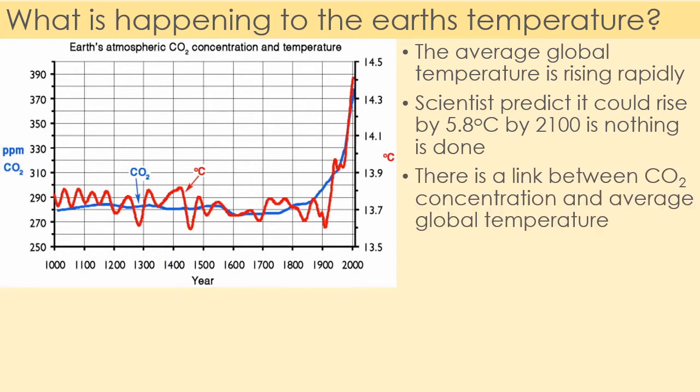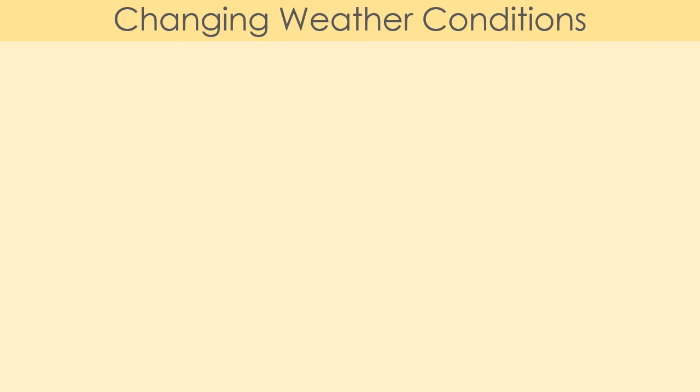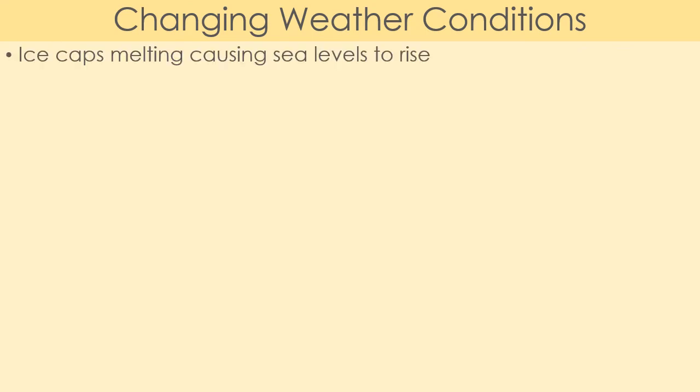And there is a link between carbon dioxide concentration and average global temperature. And we're pretty sure it is a causation, not just a correlation. Changes in the global temperature can have severe effects on weather patterns around the world. So we get global warming, which leads us to climate change. So with our changing weather conditions, we can get the ice caps melting, which causes sea levels to rise. This is because the global temperature is increasing, therefore the ice caps begin to melt and cause sea levels to rise, which increases the risk of flooding,